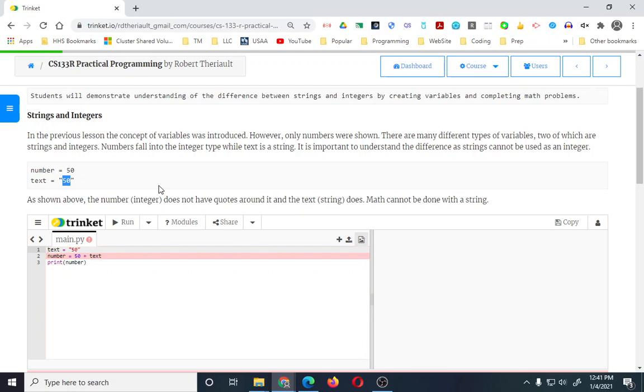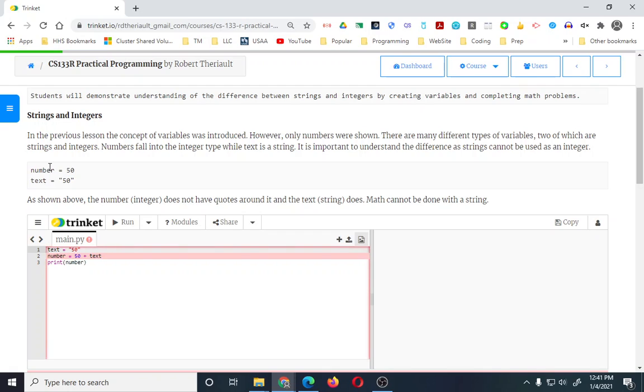That's why I call it a string of characters. So you can't do math with this. If I put quotes around it, this is a string, and you cannot do math with it. A number, you can do math. A string, you cannot do math. We'll get into what you can do later with that and how you can fix that and manipulate it. But at the end of the day,